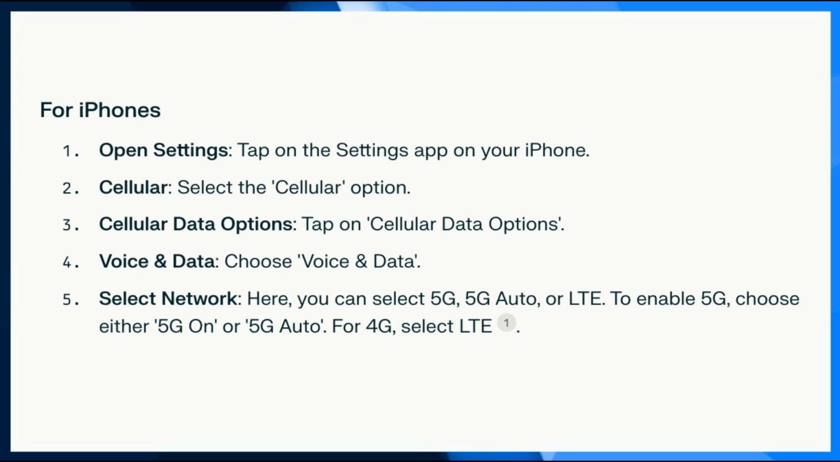4. Voice and data. Choose Voice and Data. 5. Select network. Here you can select 5G On, 5G Auto, or LTE. To enable 5G, choose either 5G On or 5G Auto. For 4G, select LTE. By following these steps, you can manage your phone's network settings effectively to utilize either 4G